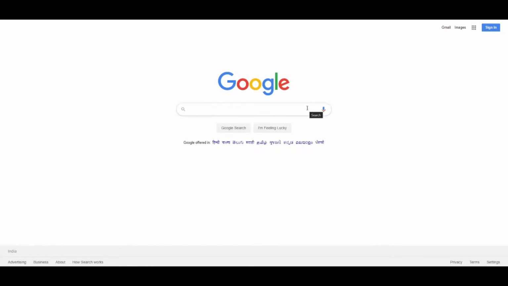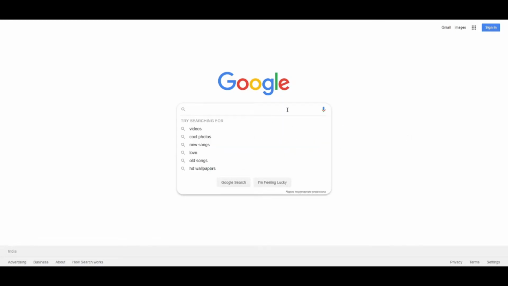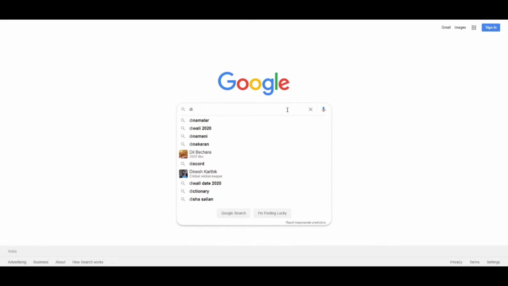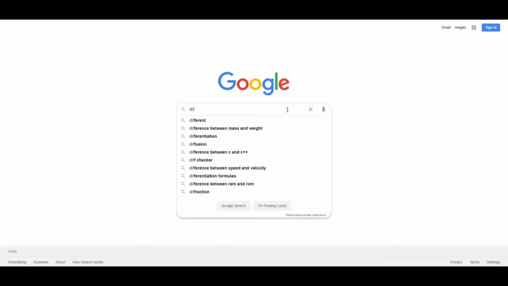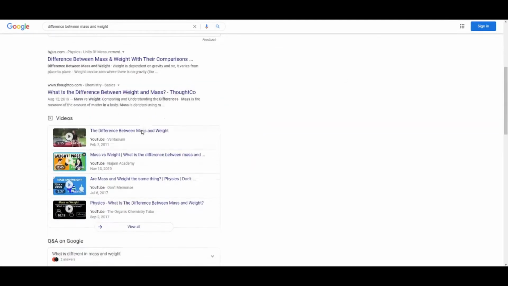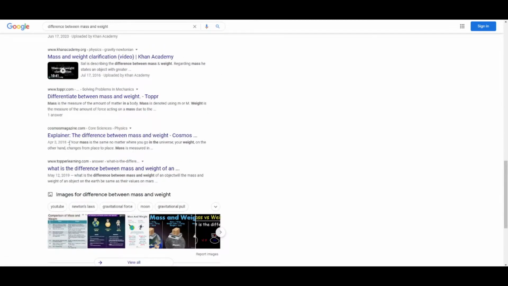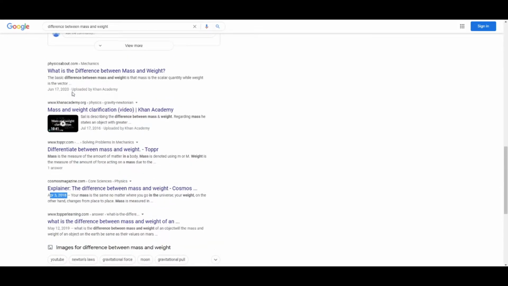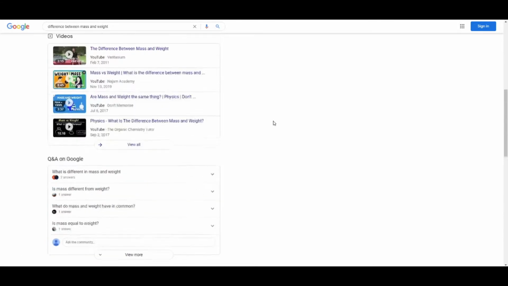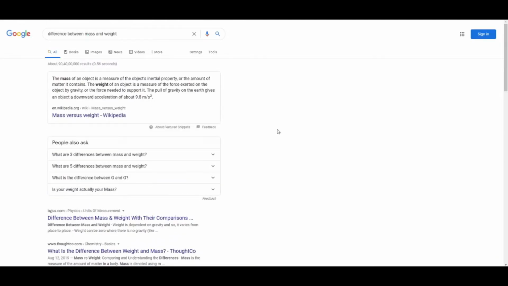Once you get into your Chrome browser of your PC, maybe your mobile device or your PC, I am doing this in my PC. So if we type these things, for example, I am taking difference between mass and weight. People usually write content about this by searching with a variety of data, but in this you may get some of the oldest data, some of new, some may be very recent. So by this we get a lot of confusion about what kind of article we can write which can attract our audience or customers.